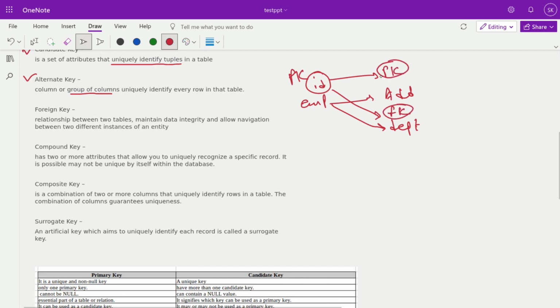Okay, so this is a primary key and foreign key. Compound key: two or more attributes uniquely identify, but it is possibly unique itself within a database, meaning there is a possibility it's not unique in a database. And composite key, this is a guarantee of uniqueness. This is the main difference between compound key and composite key. Compound key is not unique itself within a database, but here we are providing the guarantee about the uniqueness in a